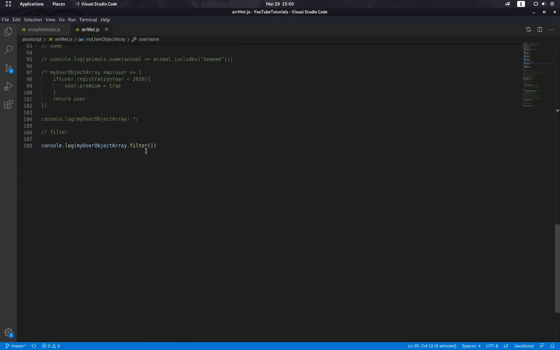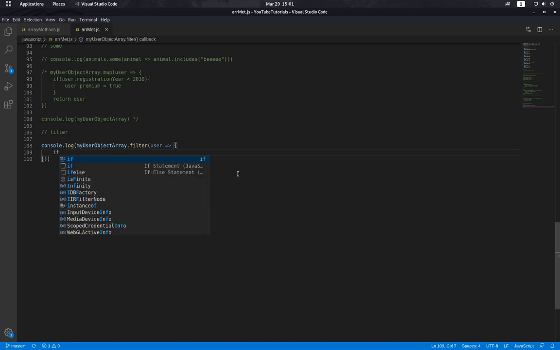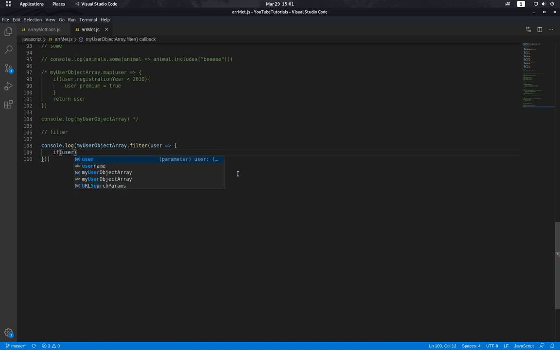So what I'm gonna do is filter user, and if user dot username dot includes, we are going to use includes here because as I said, it works on strings too. Let's say duck